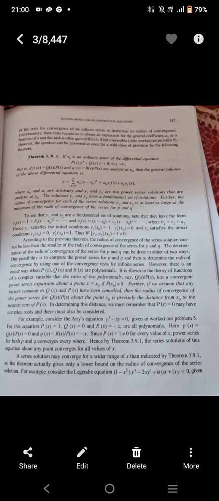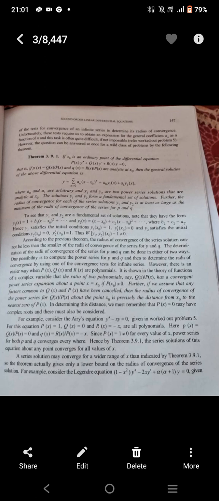Hello everyone. So today we are discussing Theorem 3.9.1. If x naught is an arbitrary point of the given differential equation, that is P(x) y'' + Q(x) y' + R(x) y = 0, that is, if p(x) = Q(x)/P(x) and q(x) = R(x)/P(x) are analytic at x naught, then the general solution